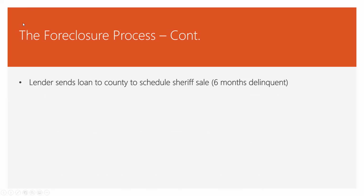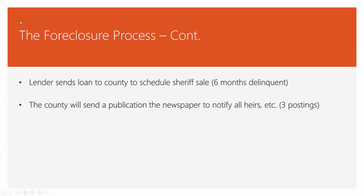They send it to the county. The county's going to send it out for appraisal to have it appraised, so they'll know approximately what it's worth at the time that they're going to sell it. So again, the county's going to send out this publication. It's going to be in the newspaper. It's going to be anybody that had an address. They're going to do this 3 times. I think they're going to do it for 3 more months. Keep sending it out. Keep putting it in the newspaper,